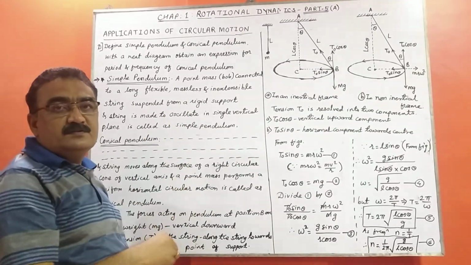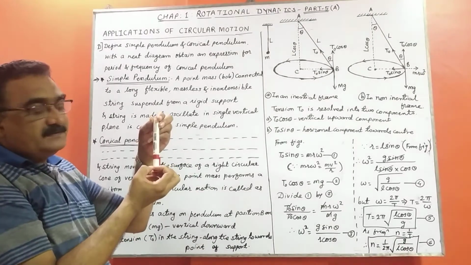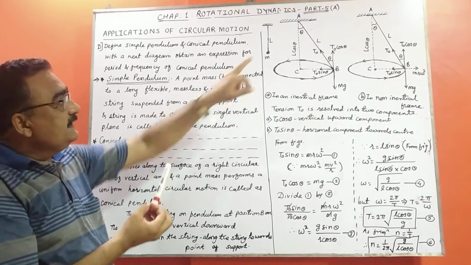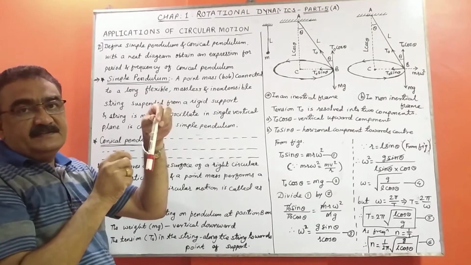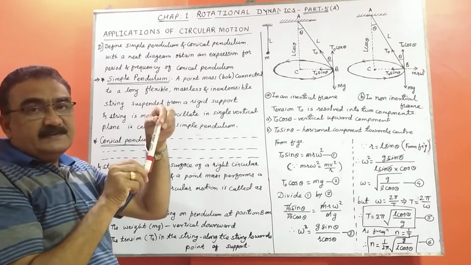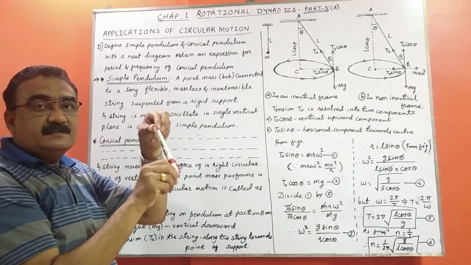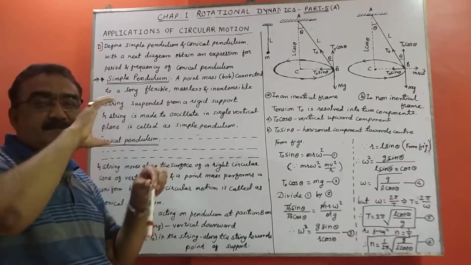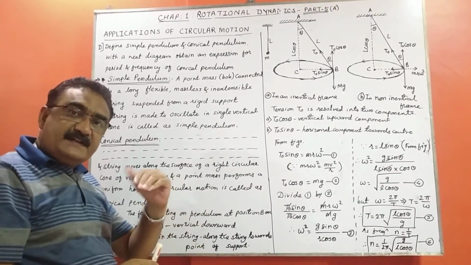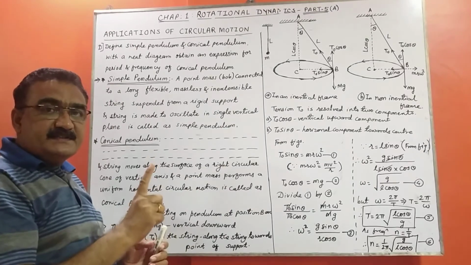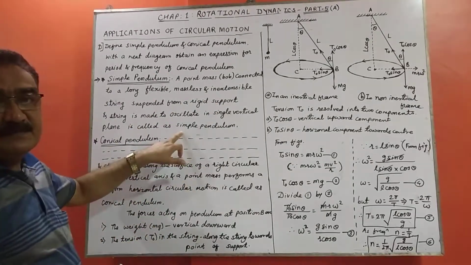In a wall clock, we know there is a pendulum. At the lower part, there is a heavy object. That is nothing but the bob. And there we can give certain energy. Due to that energy, this pendulum oscillates in a vertical circle, in a single plane, like the XY plane, YZ plane or XZ plane, means only one plane is there, and in that plane the body oscillates. That is called a simple pendulum.